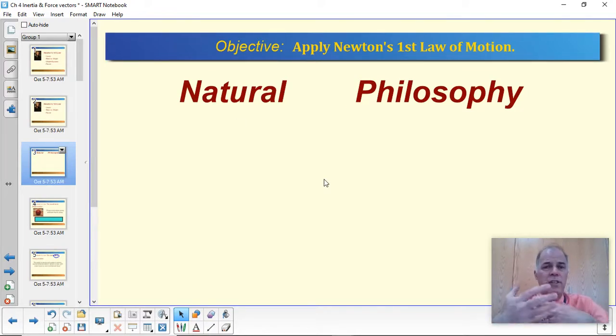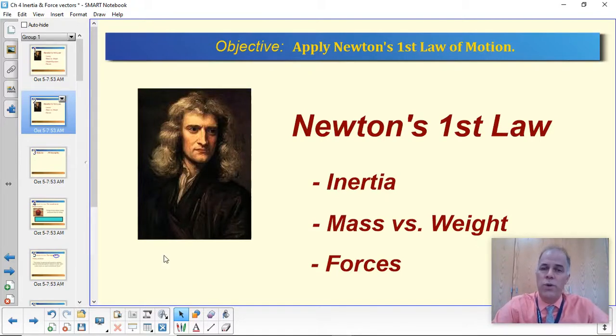Now, when we think about philosophy today, we think of a philosopher as somebody who thinks about big thoughts, general broad truths about humanity. Like what is the nature of good versus evil? What is the meaning of life? Big, broad questions, but pretty general and kind of squishy. That's what philosophers do. Now, in Newton's time and before him, a natural philosopher kind of did the same thing, but he talked about the natural world. So Isaac Newton was looking for broad general truths about how the world and how the universe works.